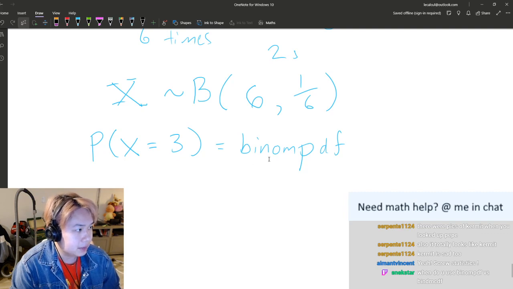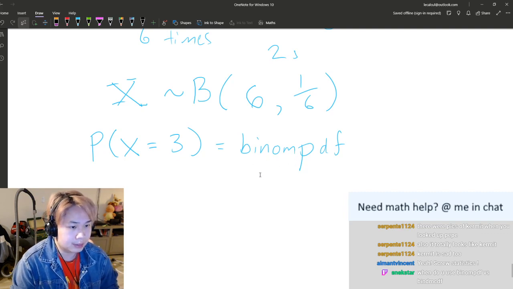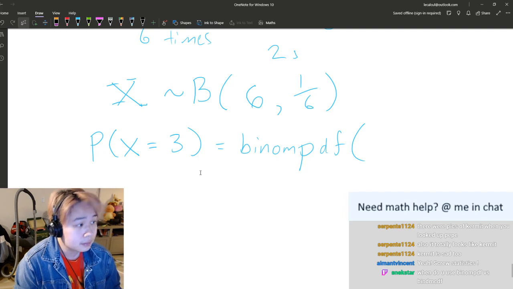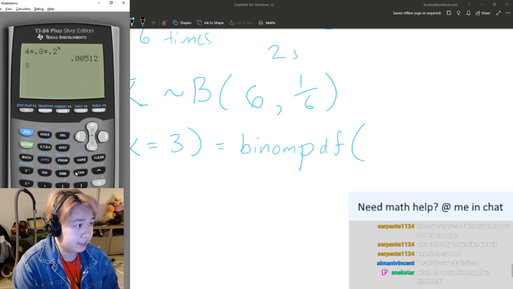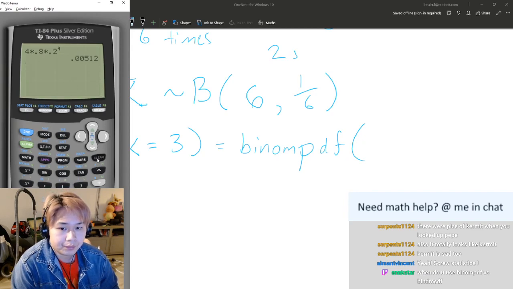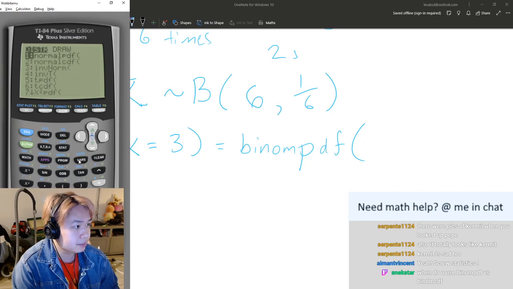And the P stands for probability. So what we do is we can put this into your graphing calculator. I have a TI-84. So you can go to second and then press vars. And then if you scroll down,